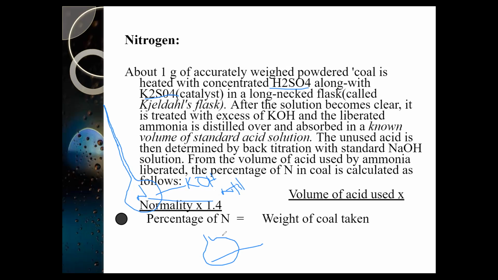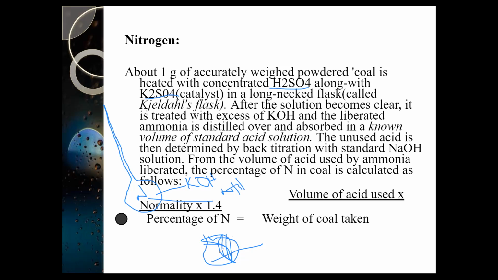What is meant by the standard acid? The acid of known concentration is known as a standard acid. So this ammonia is sent to the standard solution of the acid, around 1 liter. When ammonia is sent to 1 liter of the standard acid, it reacts with a certain volume of the acid, and the remaining volume is not reacting. That means only this part is reacting with the ammonia and this part is not reacting with the ammonia.